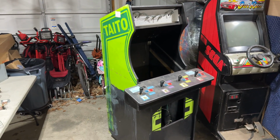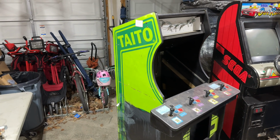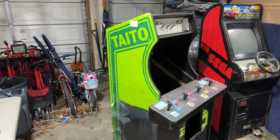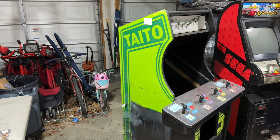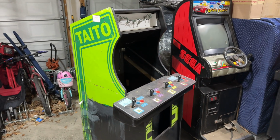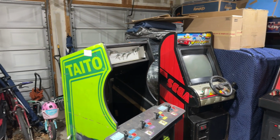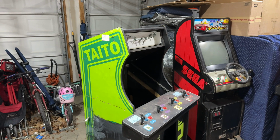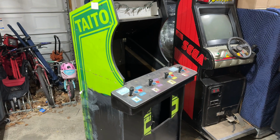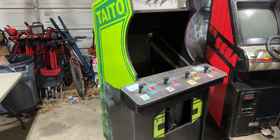My goodness, and what's ridiculous is these Taito, or Taito, however you say it, I've always said Taito, cabinets are pretty small. They're really closer to a cabaret, certainly in height. They're very short cabinets, kind of next to the Outrun, even though the Outrun Mini is on a dolly. It's the same height as that Sega Outrun Mini cabaret. So a tiny little cabinet to begin with, just a 19-inch monitor, and trying to squeeze 4 players around that,